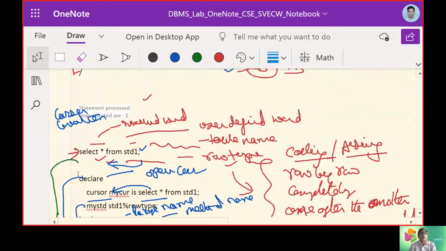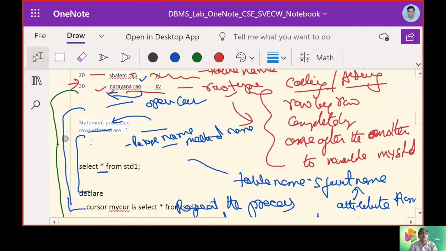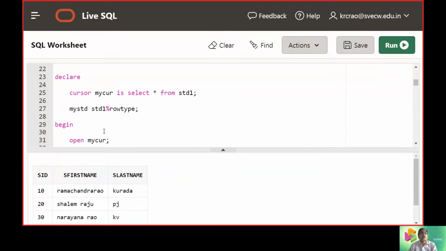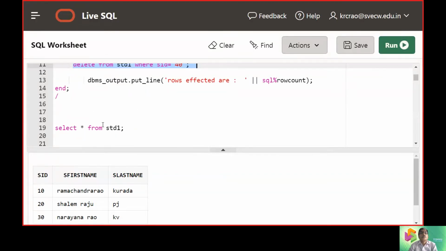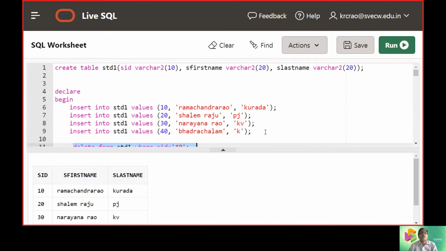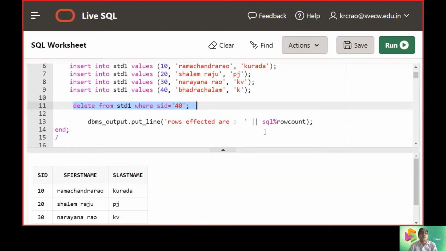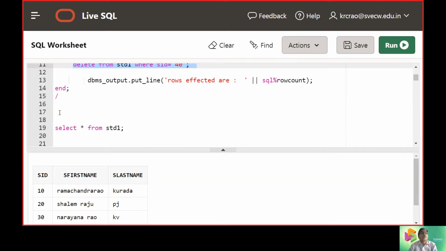Now our intention was to display the row count, which is already taken up, right? Number of rows affected is 1 because it is taking up one row after another row.